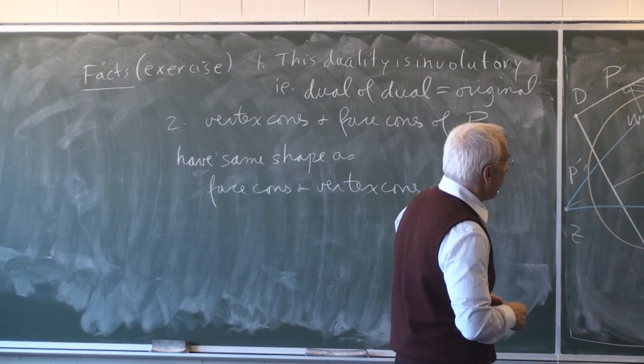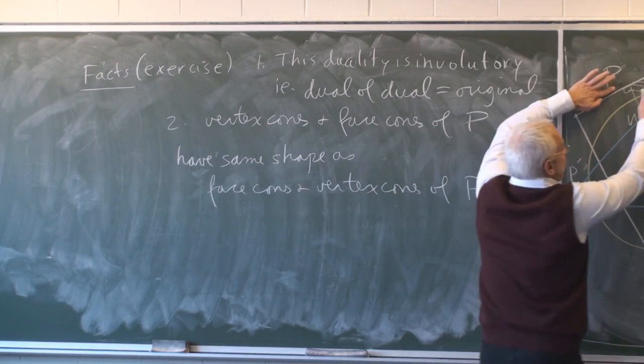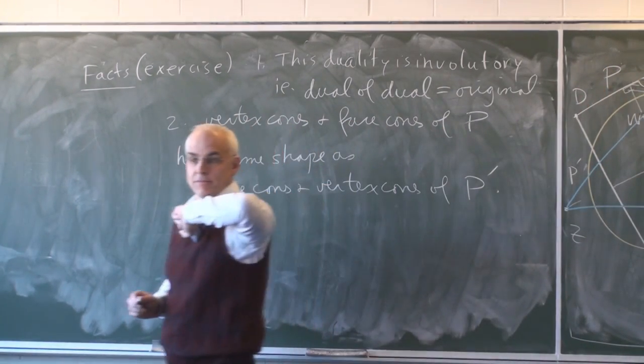So in particular, if we look at, say, the vertex A, and we're interested in that turn angle tau there,